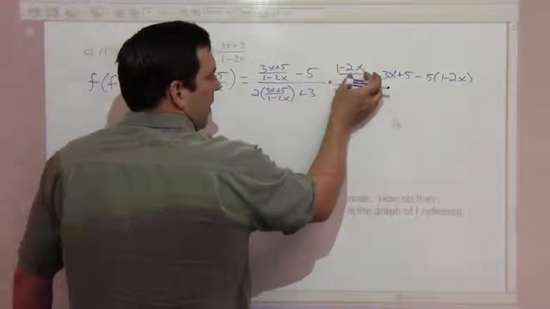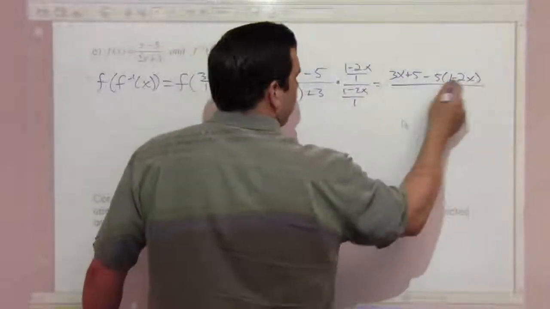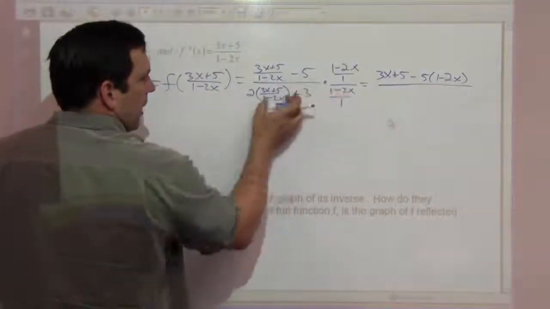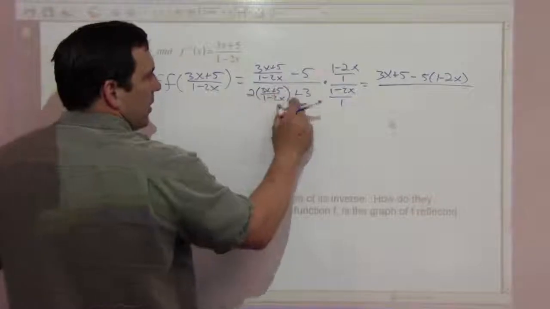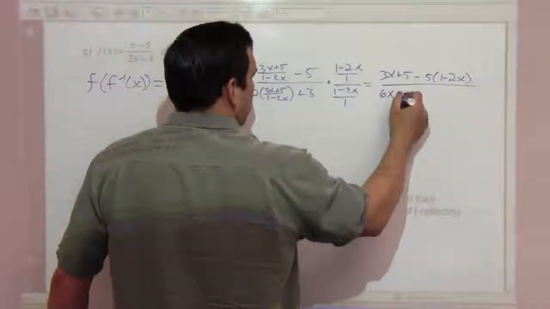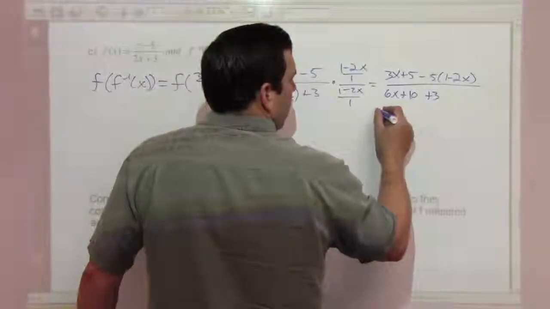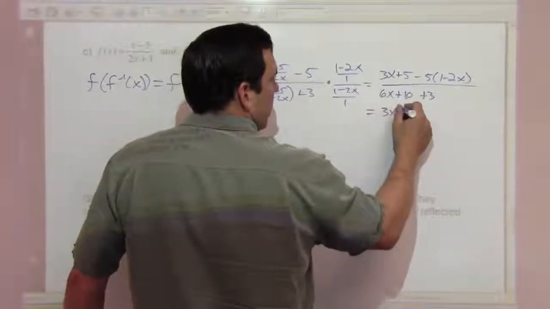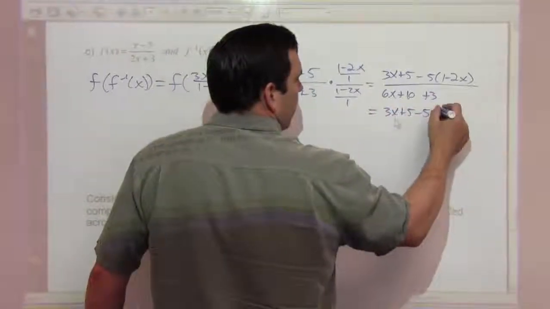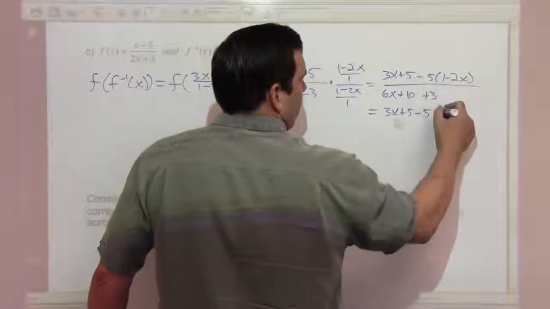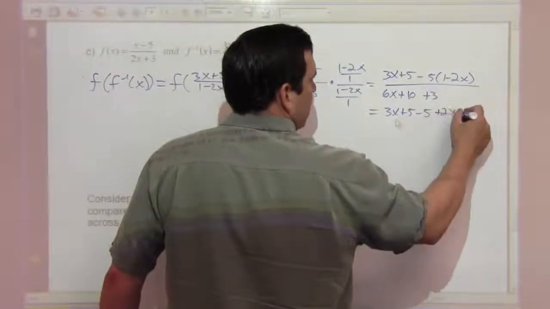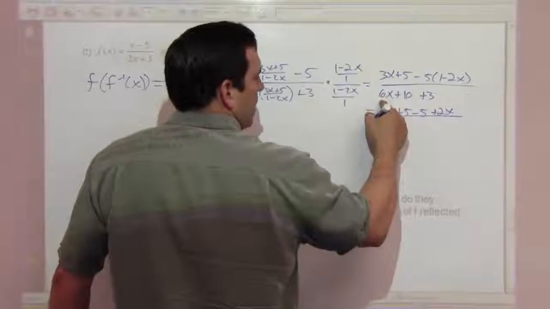And we have our minus 5 times 1 minus 2x over, doing the same thing here, these are going to cancel. I have 2 times 3x plus 5, that's 6x plus 10 plus 3. Okay, that's going to be 3x plus 5 minus 5 plus 2x over,